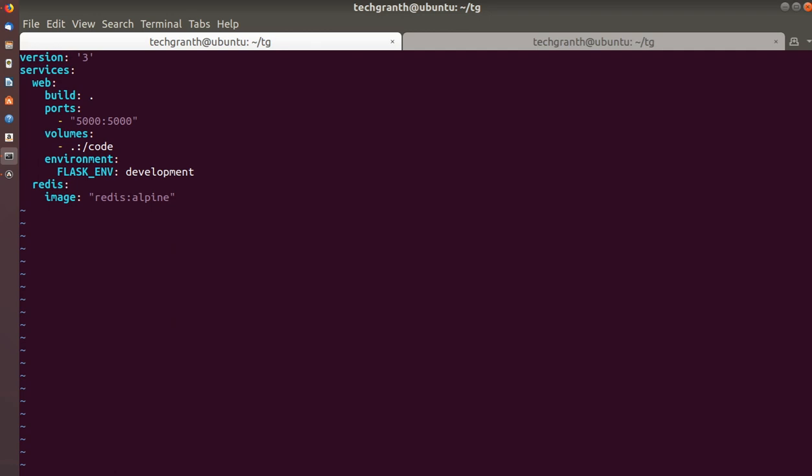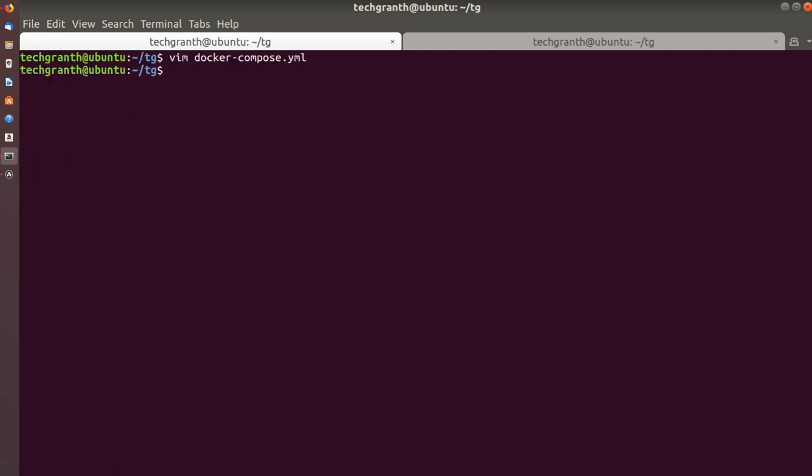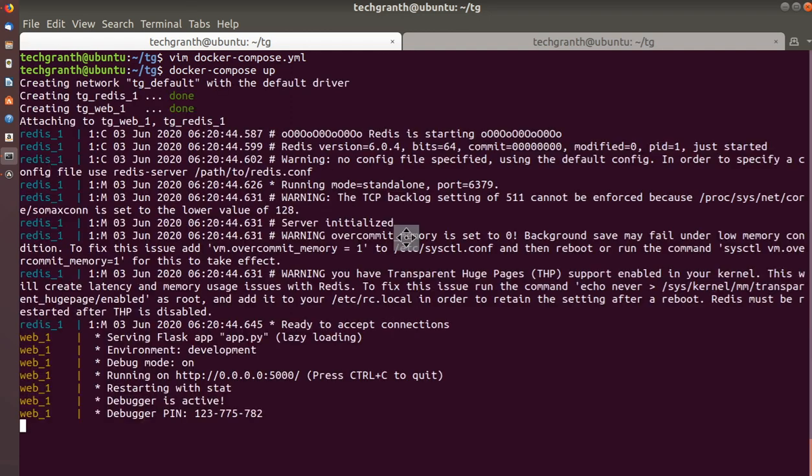So we will just save it, and then again run that docker compose up command. So you can see now it is again ready to accept requests.